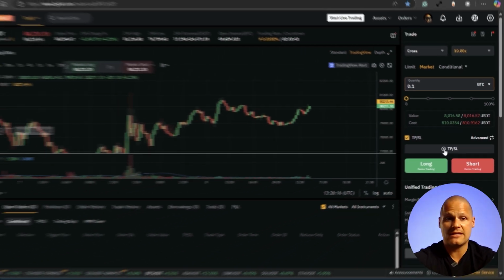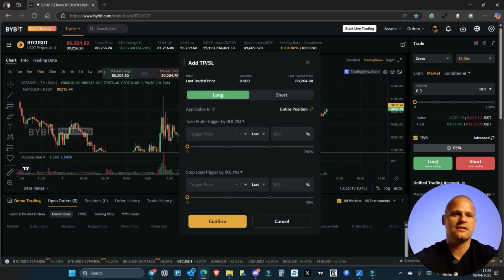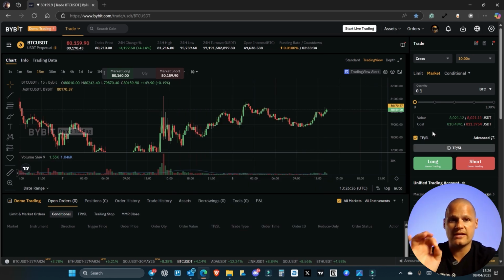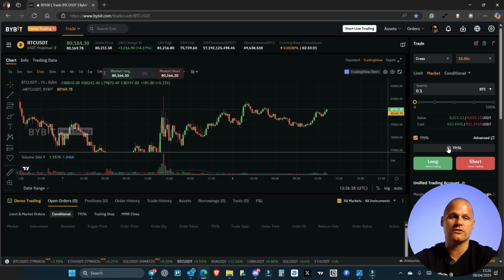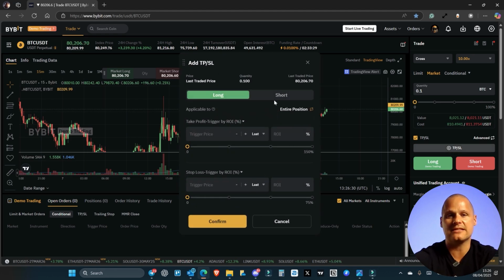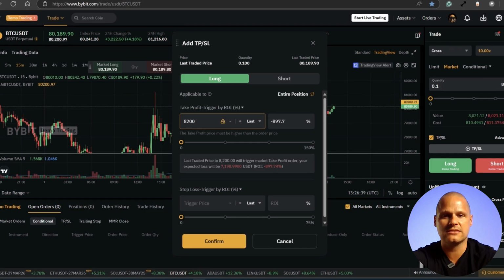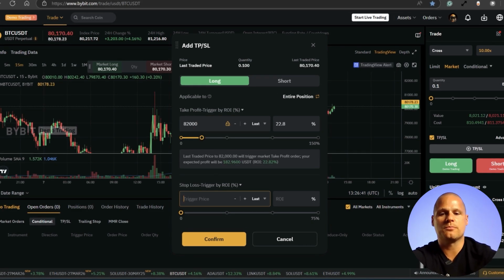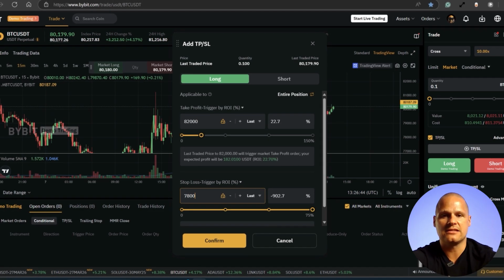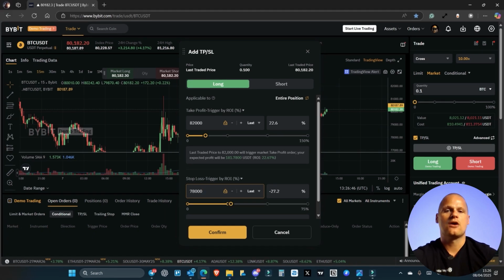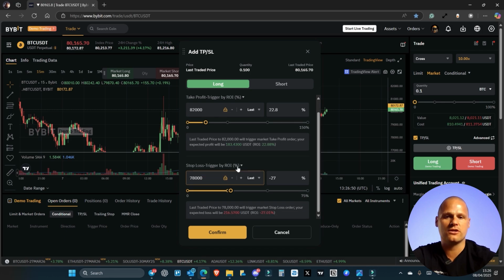And I can see a value and the cost of the trade, right? Then I can set up a take profit and stop loss in here. So basically entering TP and SL. And then what I can do in here, which I didn't have this option on the spot, I can simply click TP and SL, and I can set up my target, right? So let's speak about the same values, right? So let's say I put my target to the 82,000, right? And I put my stop loss to the 78,000, right? It's a simple trade 1-to-1, right? Which is something which really doesn't give an edge, but for the purpose,